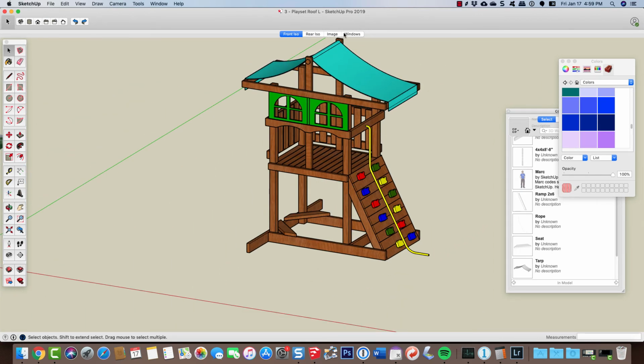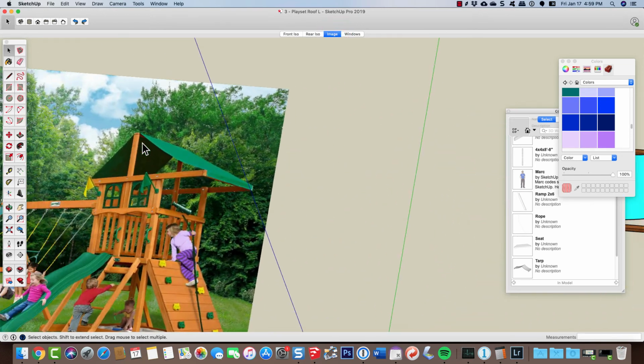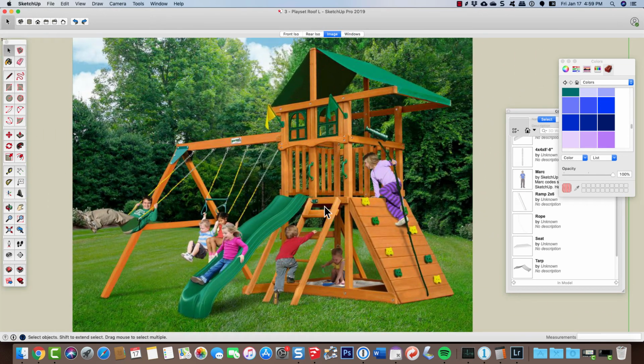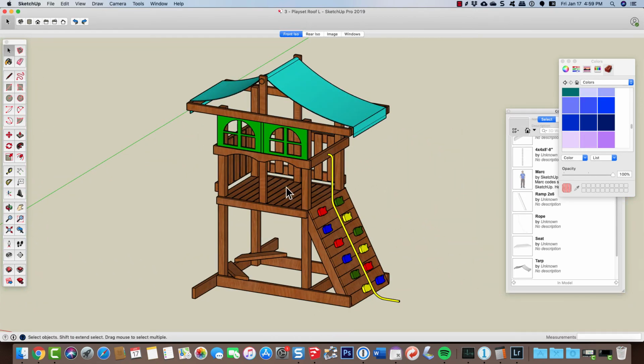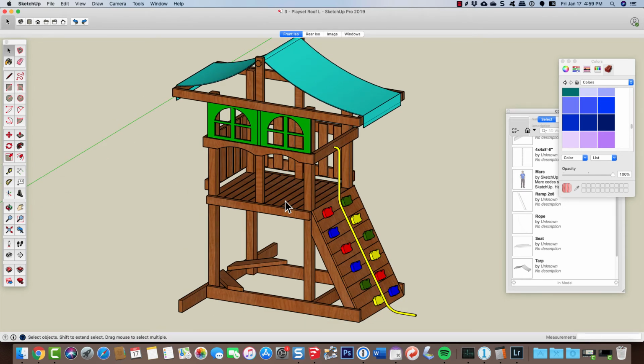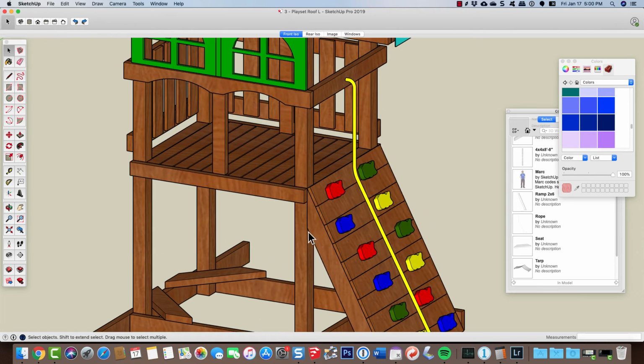Now the next part we're going to make are just going to be these steps right here. And that's probably pretty easy by now. We need access for this opening right here. So let's go ahead and get started. So I'm just going to go ahead now and zoom in here and find a face that I can again make a rectangle on. There's other ways to do this,